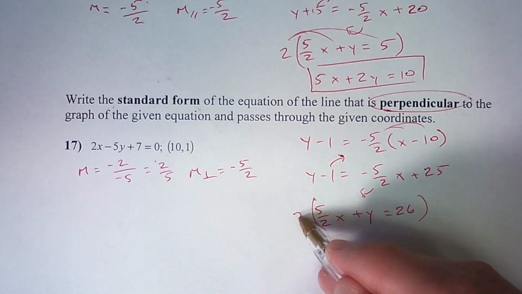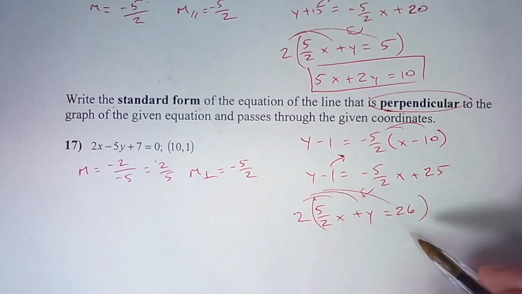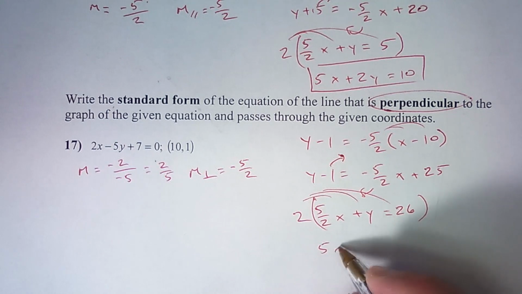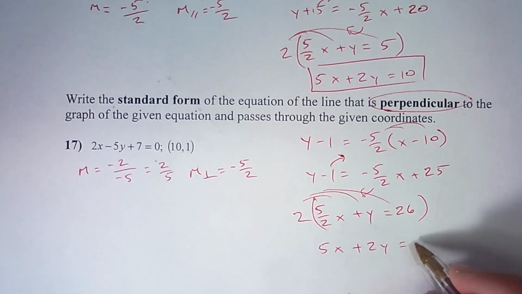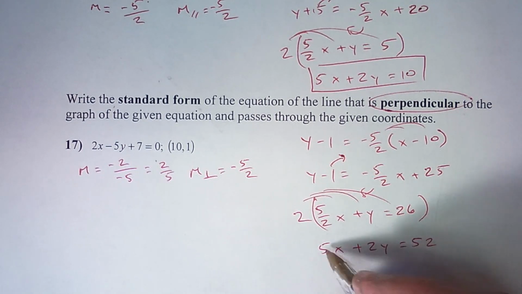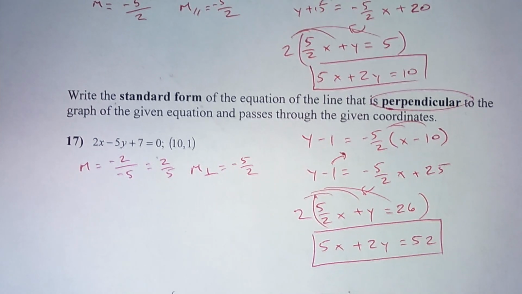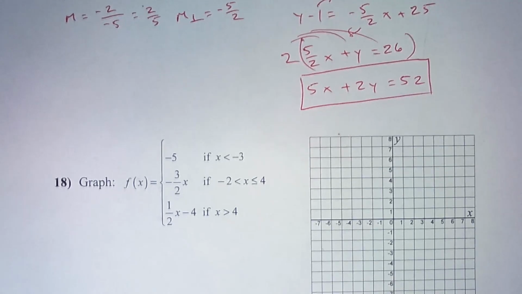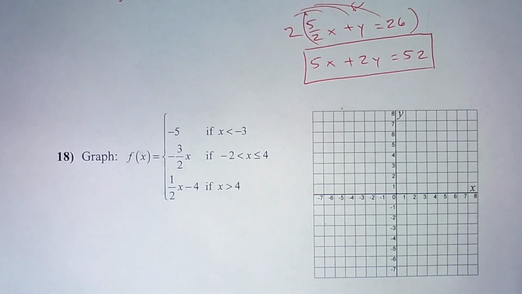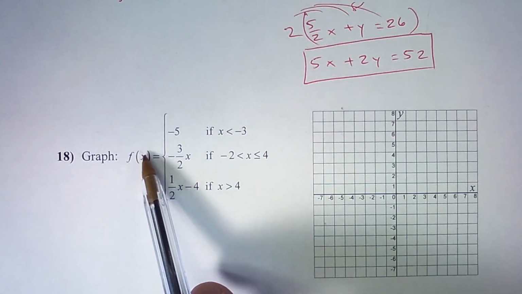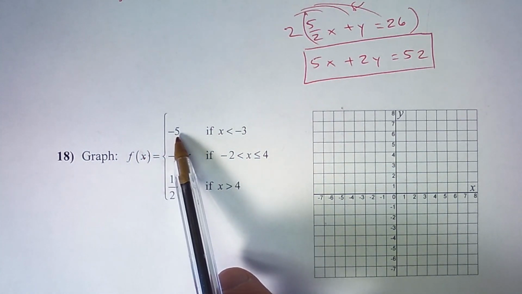I have a fraction here, so I'm going to multiply by that denominator. 5x plus 2y equals 52. And last for this page, we're going to graph a piecewise function. Okay, so I've got f of x equals -5,